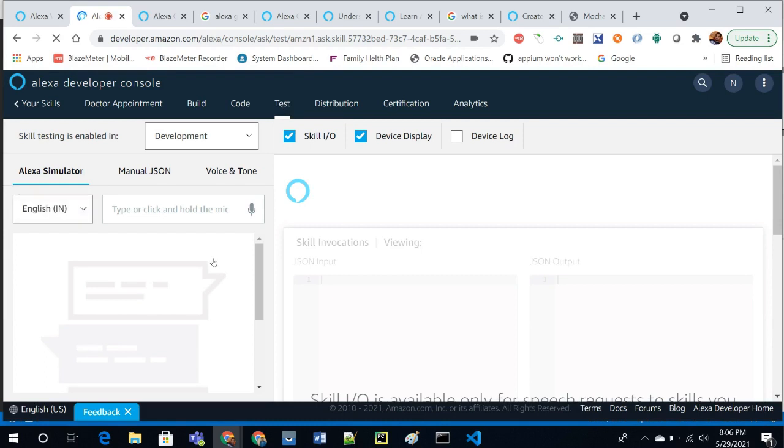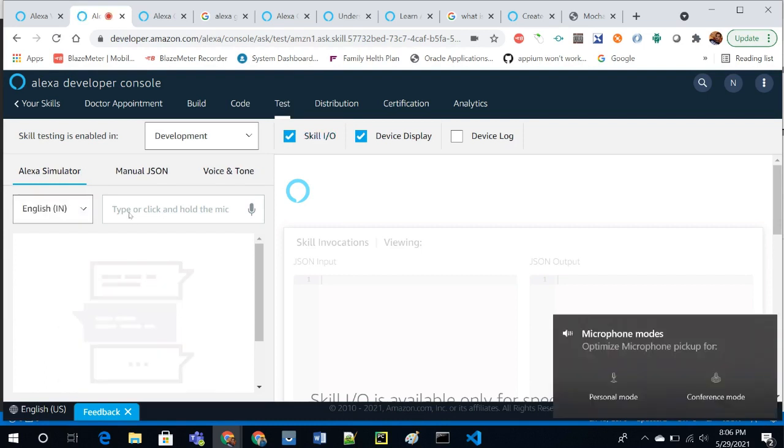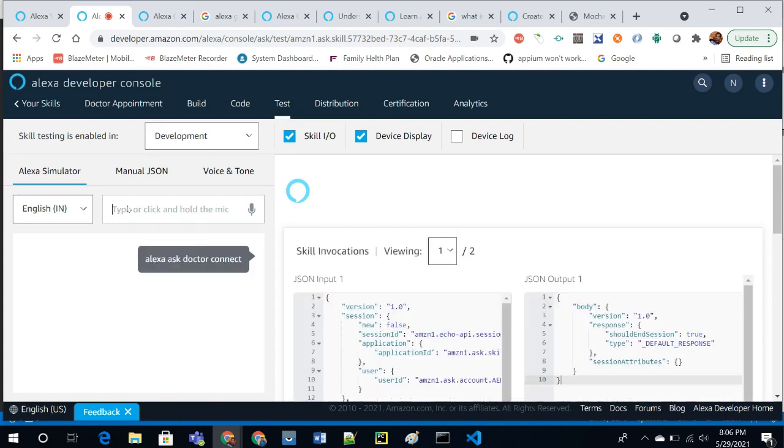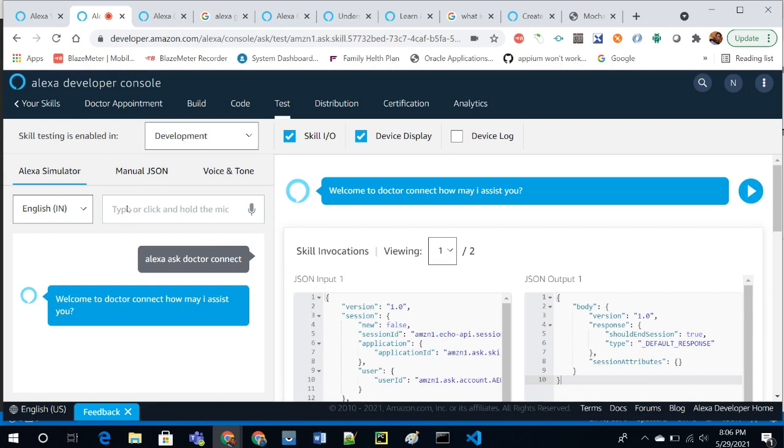So this is the test console. Over here you can test your application manually. So this is the welcome message of my application.